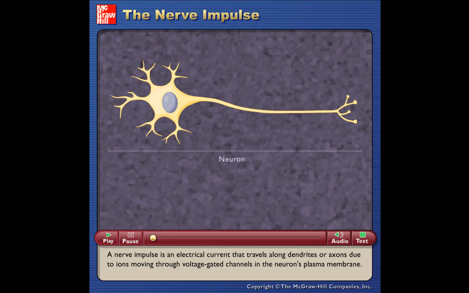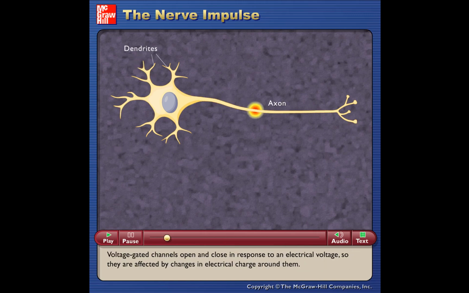Nerve impulse is an electrical current that travels along dendrites or axons due to ions moving through voltage-gated channels in the neuron's plasma membrane. Voltage-gated channels open and close in response to an electrical voltage, so they are affected by changes in electrical charge